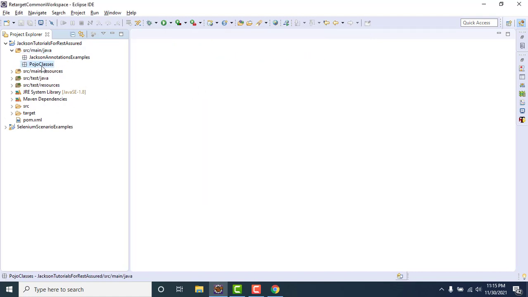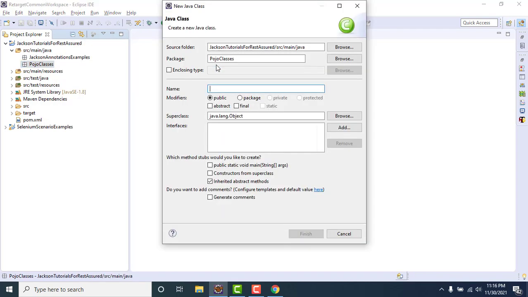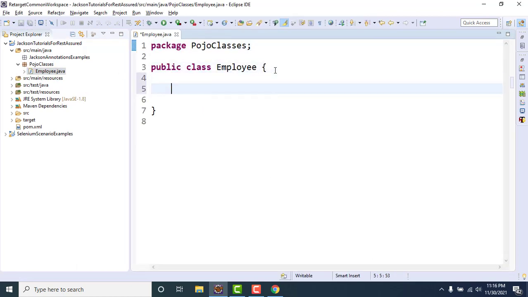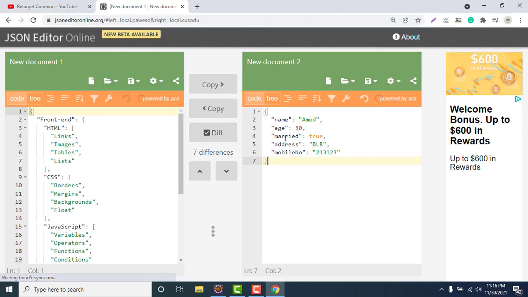In this package I'm going to create a simple POJO for the payload which I just showed you. So Employee. Inside this I need to create these many fields. First is name, so private String name, then private int age. I've already explained how to create POJO classes for the fields.